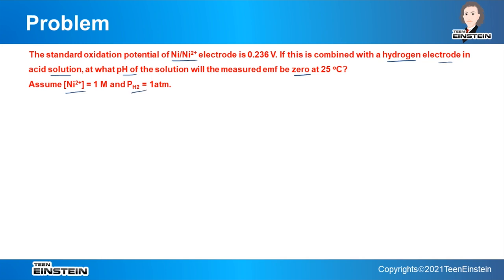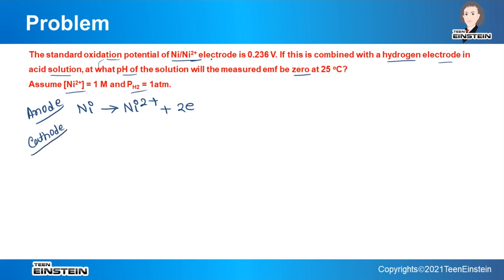As the oxidation potential is given, here we can consider that the nickel 2 plus oxidation reaction is actually going on. If this is the oxidation reaction, that means this reaction will take place at the anode. So at the anode the reaction will be nickel converted to nickel 2 plus plus 2 electrons, and the cathode reaction is